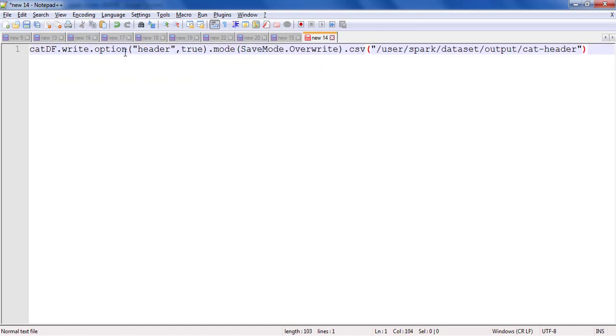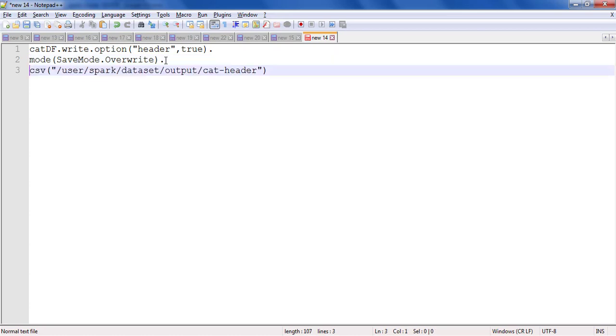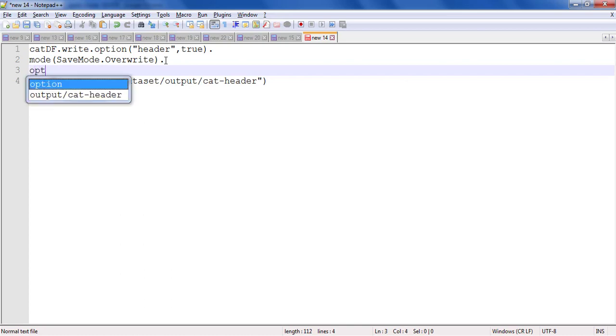I'm going to say dot option dot mode dot csv, and before that I'll say dot option compression, and I want to save data using snappy compression, and then dot csv. So this time my data should be saved using snappy compression.